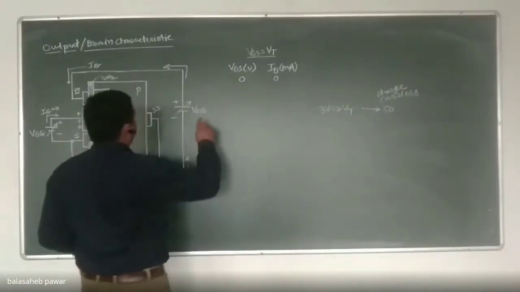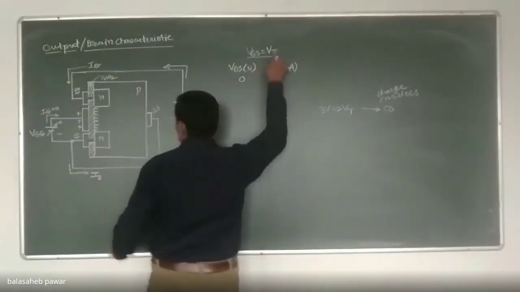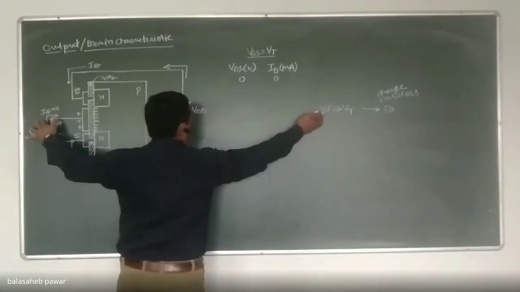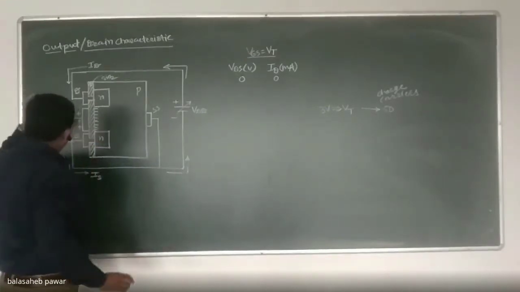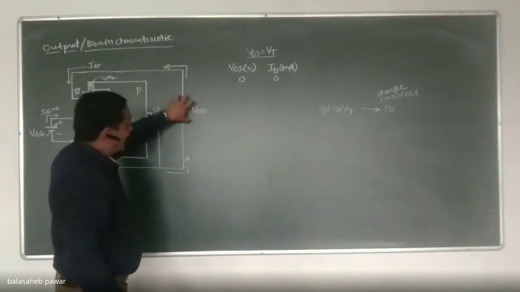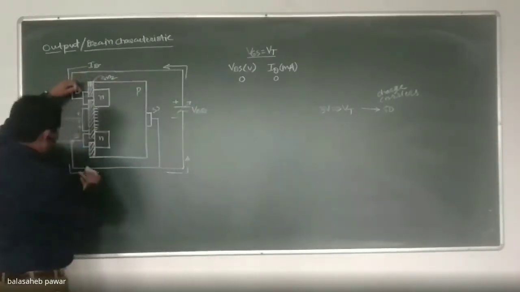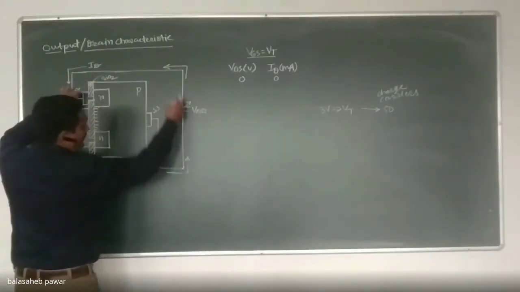Good. So see, now we'll keep this VGS equal to VT as a constant. We will not change it. You can consider it as 3 volt also, right? What will happen? There will be a formation of a very thin channel between drain and source. We'll keep that VGS equal to VT constant again, and we'll vary this VDD, that means the voltage applied to the drain with respect to source, and we'll observe what is the effect on current flowing.